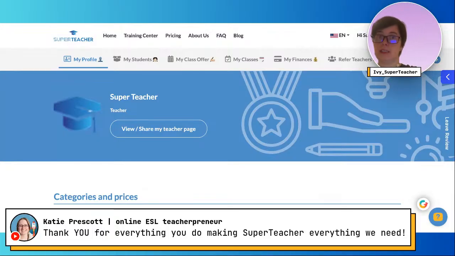It's actually a lead collector. So when your student does come to your page, Super Teacher grabs their info, their email, their student profile, and everything you need for later on. That also means you can use Super Teacher for self-marketing in so many ways. Like you can add a free worksheet, for example, using the digital